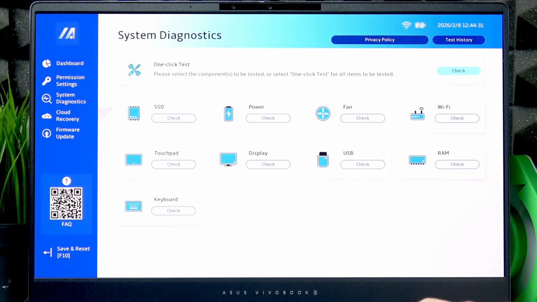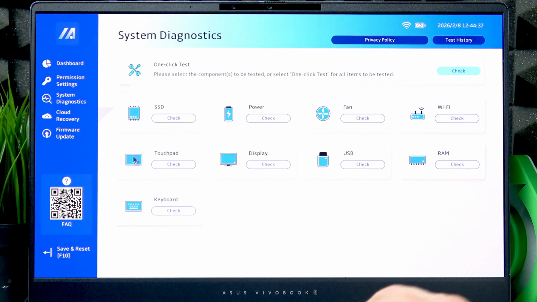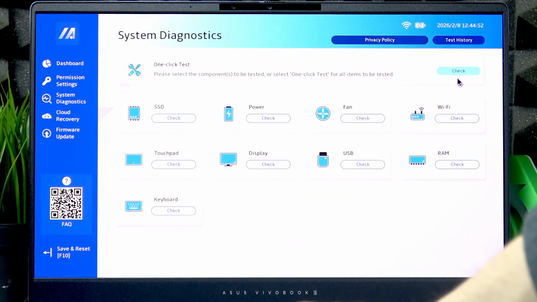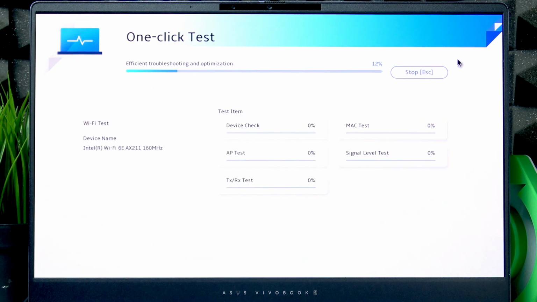Now we can either select one of the elements we see in this menu, or we can click the check next to one-click test if you want to perform all kinds of tests on your laptop. So in my case, I'm just gonna go through one-click test to quickly show you what these diagnostics look like. So let's click the check next to the one-click test option, and first of all, the device will perform some initial tests like device check, MAC test, AP test, signal level test, and then we're